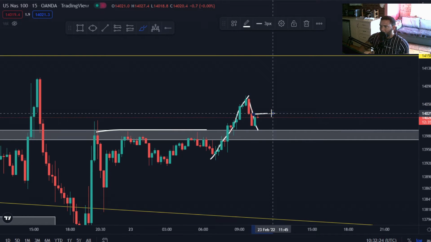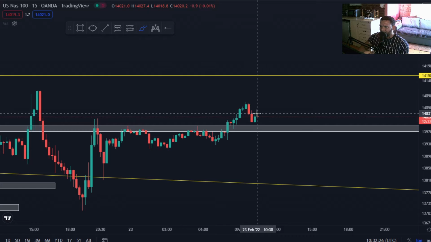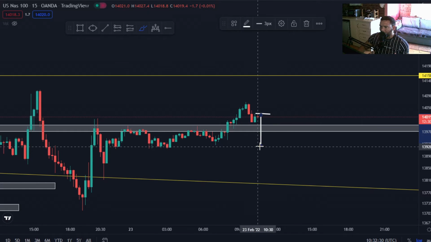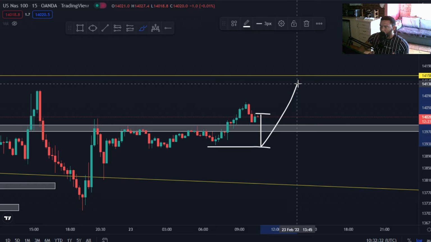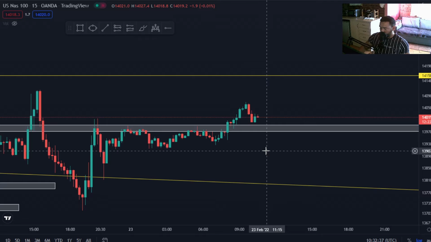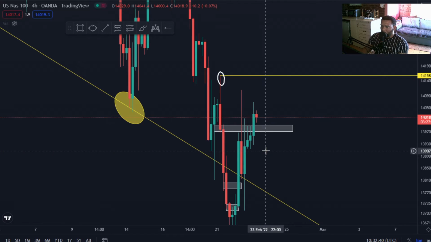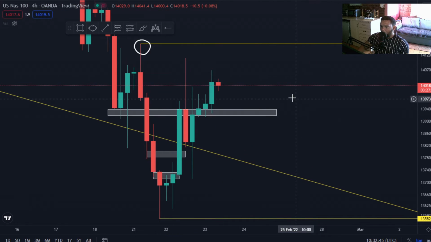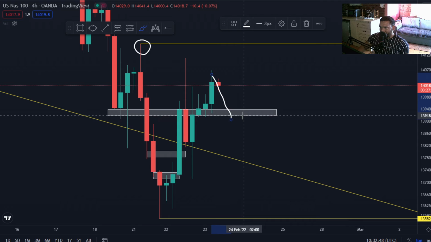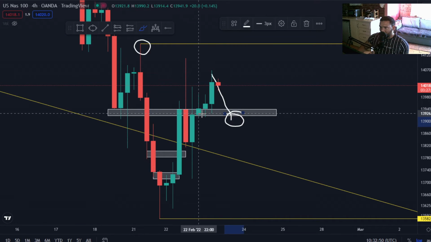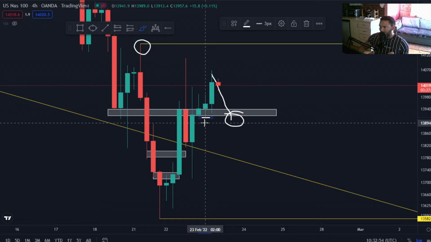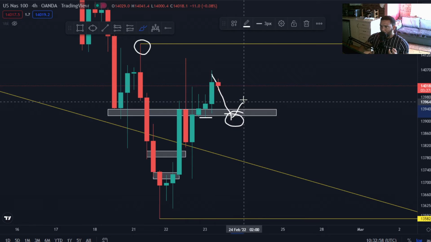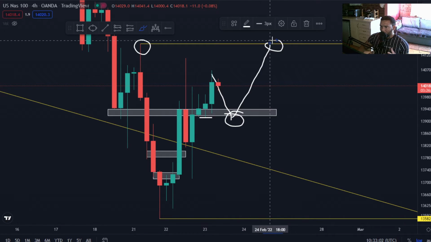If you take a trade right now, guys, it's pretty much that when the NYSE opens, it will just come and take your stop loss right there and then continue to the upside. That can happen. So that is why this is not the right time to trade. What I will do instead is monitor this trading setup on my 4 hour time frame and keep it right there. I will wait for price to come down and test this area and these lows here again, this area here, 13,900. Let's keep it 13,900 for continuation buys